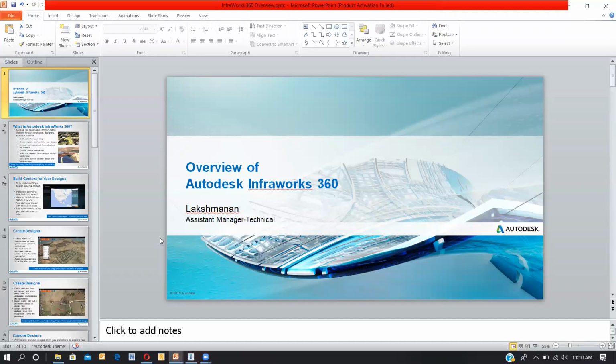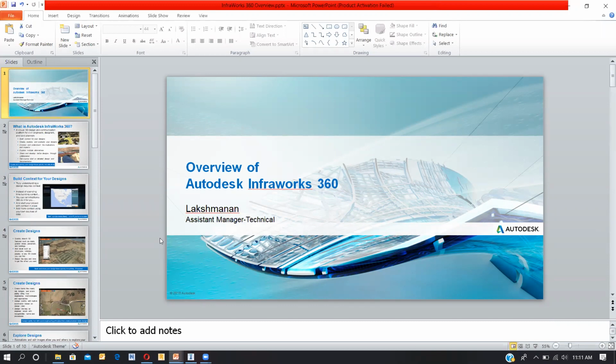Nowadays, not about nowadays, in the past, if you see, most of the projects were in 2D, and the client would be seeing the 2D outputs only. But nowadays, it's mostly about 3D things, right? So we are moving from 2D to 3D. So the technology is moving to BIM. What is this InfraWorks 360?